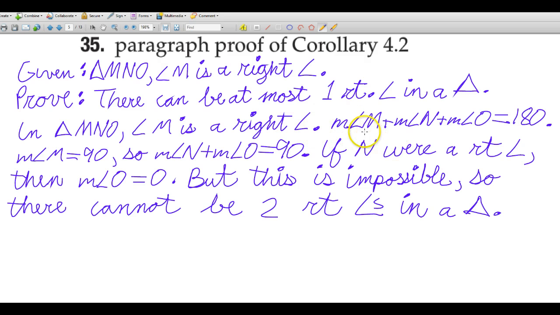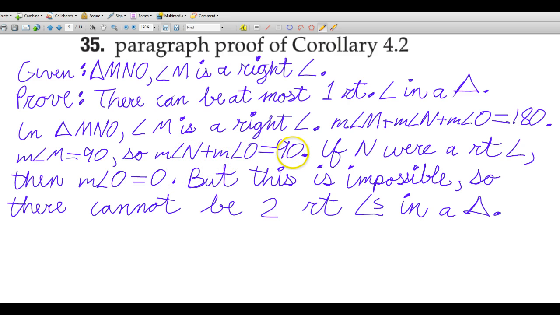And we know that the measure of angle M plus the measure of angle N plus the measure of angle O is equal to 180. That's by the triangle sum theorem. That's true for all triangles. Since angle M is a right angle, the measure of angle M equals 90. So if we subtract 90 from this, then the measure of angle N plus the measure of